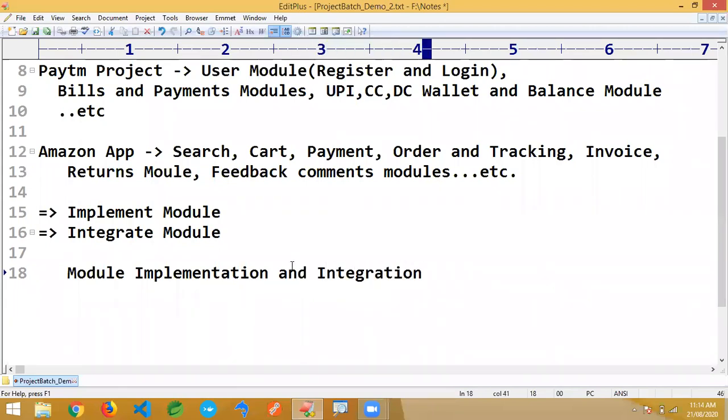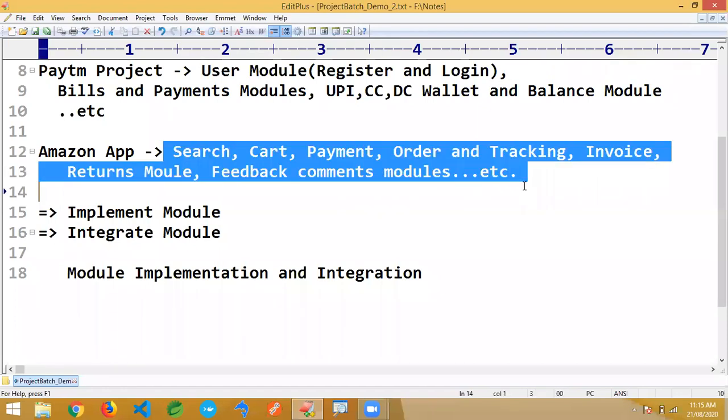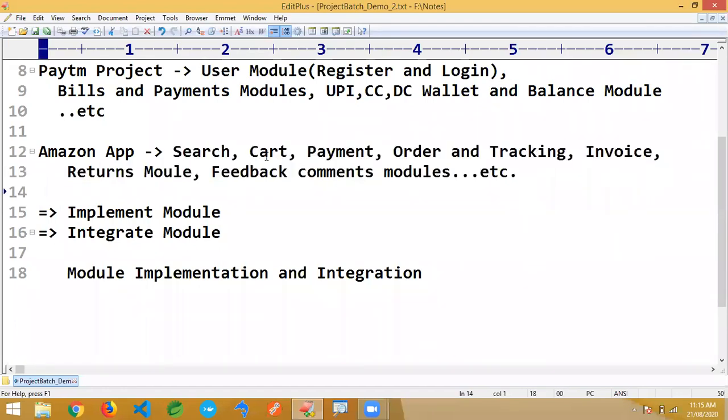In simple terms, creating the cart module, creating the payment module, that's fine. We should be able to move from the cart module to the payment module, because programmatically they are two different codes. Application-wise it is one application, but while coding we separate the cart and write it.